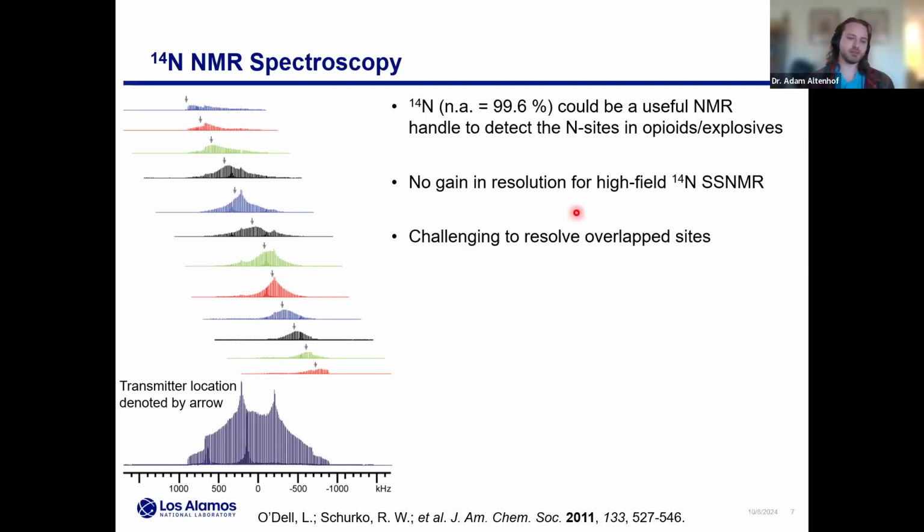Now, in the context of high field 14N solid state NMR, there's no resolution gain to go to higher and higher fields. If you haven't seen this before, this is basically your average 14N powder pattern spectrum. It's spanning nearly 2 megahertz in this case. If I draw this band here, that band is going to represent, say, my entire proton chemical shift range, carbon chemical shift range. Really, most chemical shift ranges in hertz would fit in that box. So we're talking about an insanely broad spectrum, inherently quite low in resolution. And again, this is a single nitrogen site in an average small molecule.